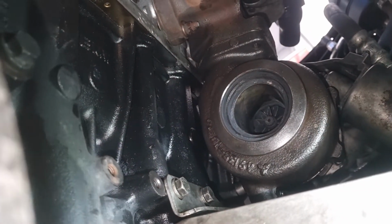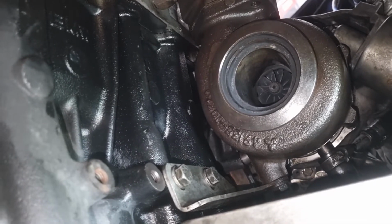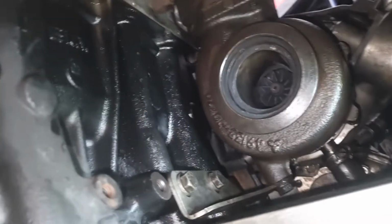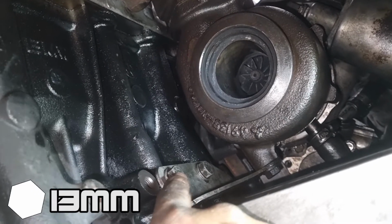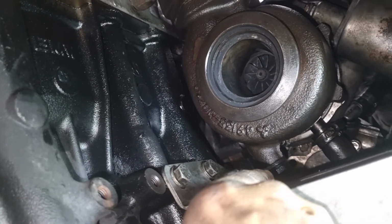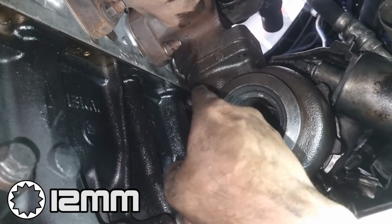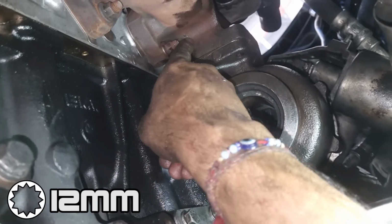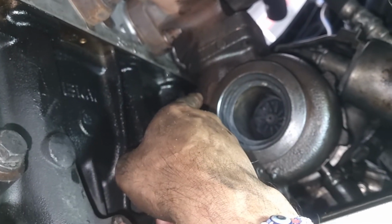Now I don't know how clear it's going to be, but removing the turbo and installing the turbo is the exact same process, just in reverse. So the turbo is being held up by these three 13mm bolts onto this bracket, one, two onto the block and one at the bottom of the turbo. The three 12mm that are on the top hold the turbo to the manifold with the gasket in the middle. You have the oil drain, the oil feed, which is in the front, which feeds the center of the turbo,